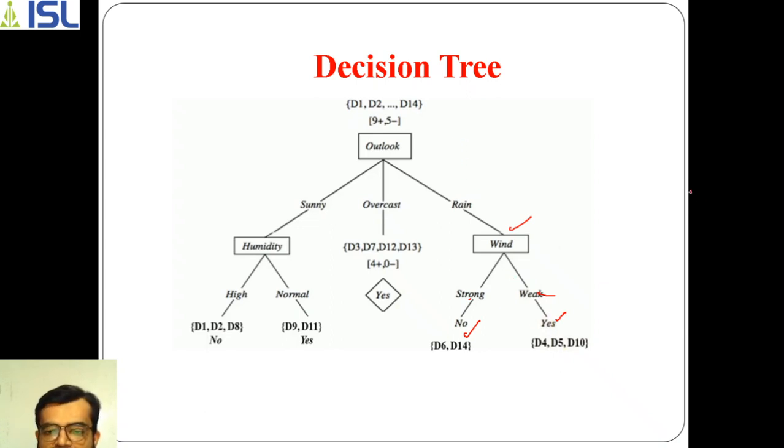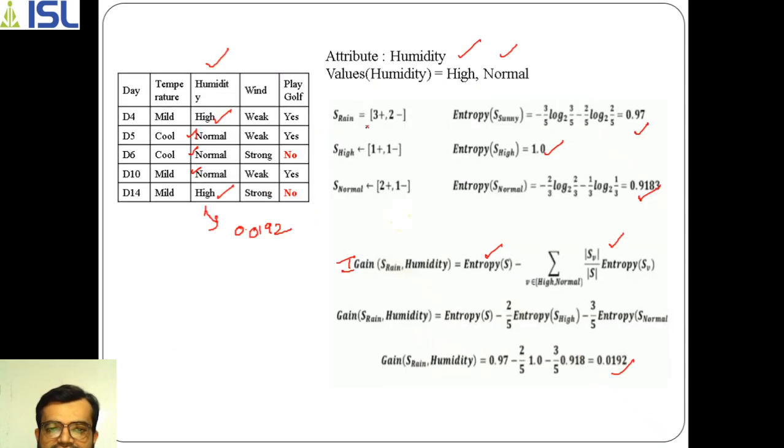So finally this is the decision tree for the given data set, where the root node is outlook, and the other nodes, humidity and wind, are attributes, which are non-leaf nodes. But the leaf nodes are those where you get only the values either yes or no. So these are the leaf nodes which get the values yes or no, and here we are getting only yes for overcast. So this is the decision tree for the given example.